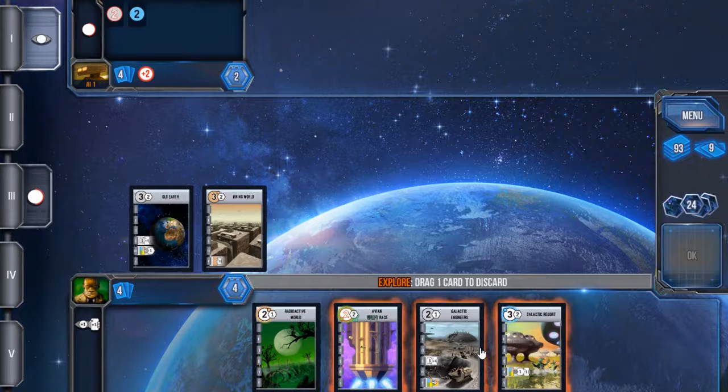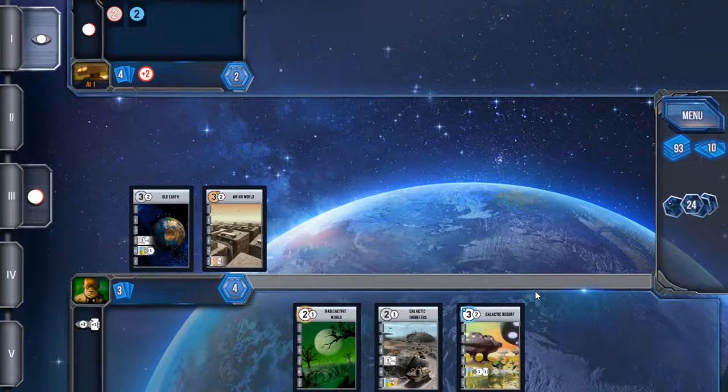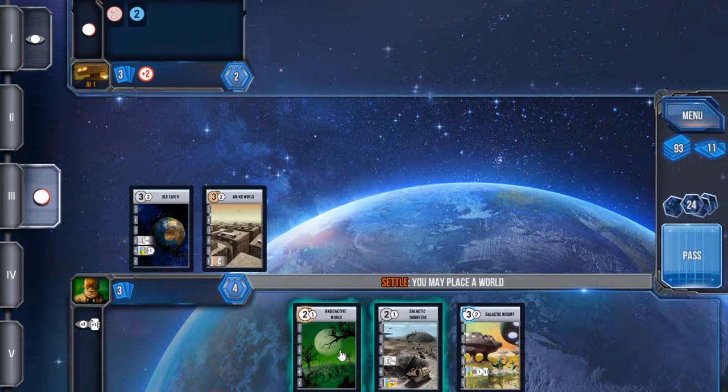Is there something here I don't want? Well, I'm not going to be taking that one, so might as well discard that. And which one is better to settle? This is a radioactive world. Now, it does give you a green item in there, so it's called a windfall world. It produces when you get it, but it doesn't produce later on unless you have a special ability that says you could produce on it. But since I'm trying to build an engine here, what I want to do is...